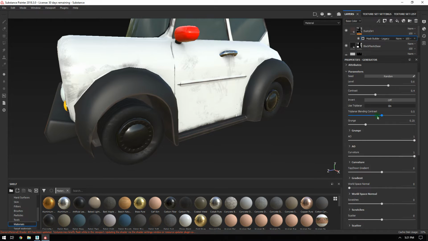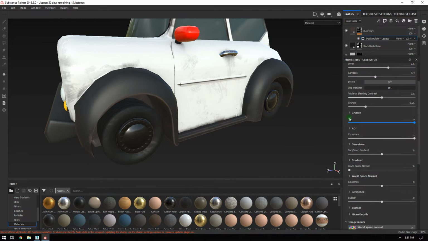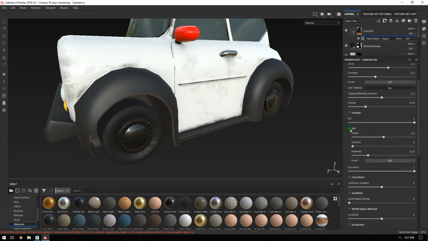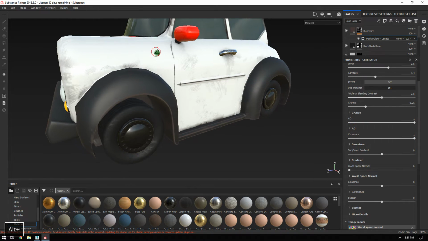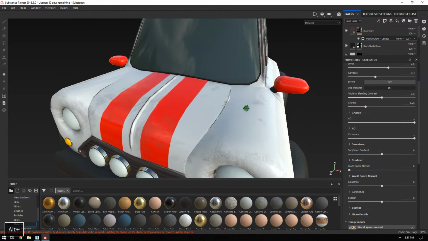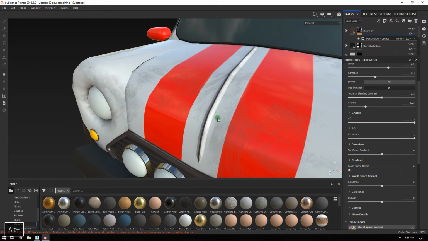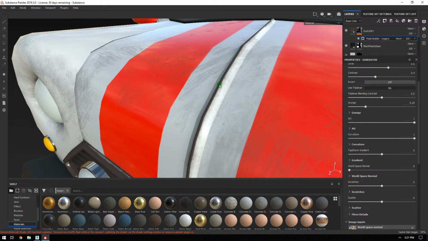The next thing I can do is go and play with some of the values here. So the ambient occlusion value is set to 1, meaning we're using all of the ambient occlusion. If I go in here, we've got a range and a contrast and a noise as well. The next is the curvature, and we can see that we're actually getting this to appear in a place where we don't want it. It's actually in the wrong place on the curvature. So if I take the curvature and I bring it all the way down,